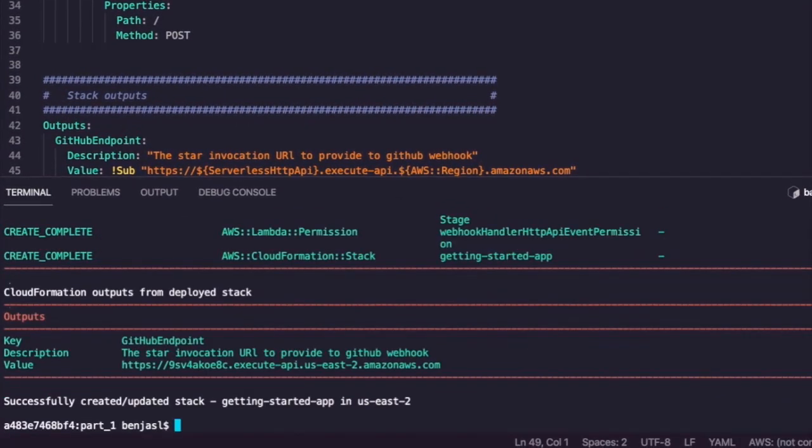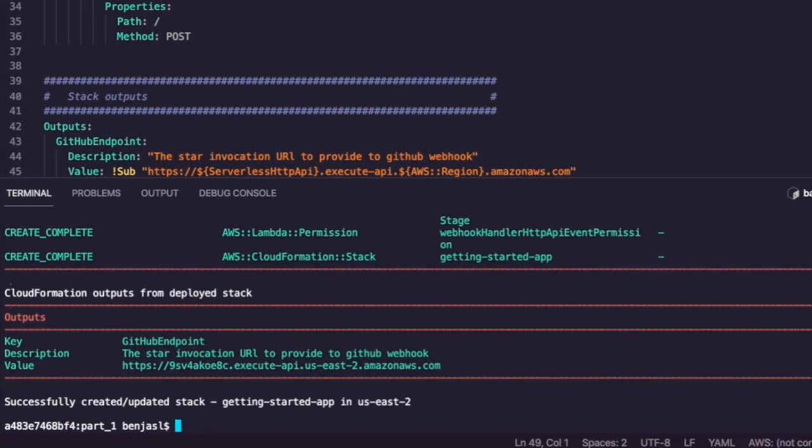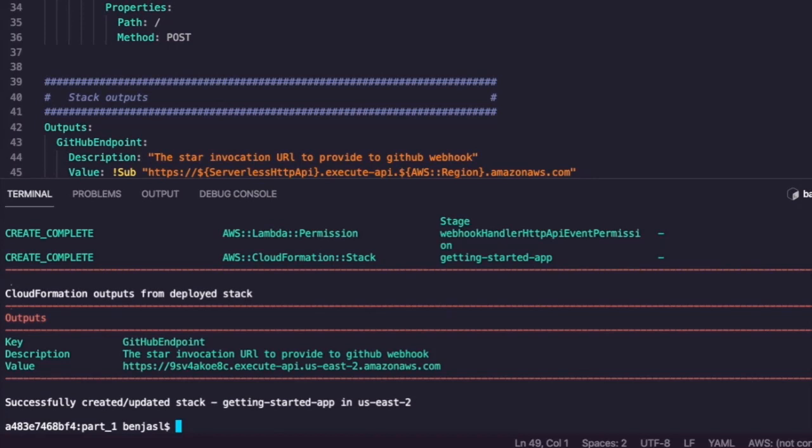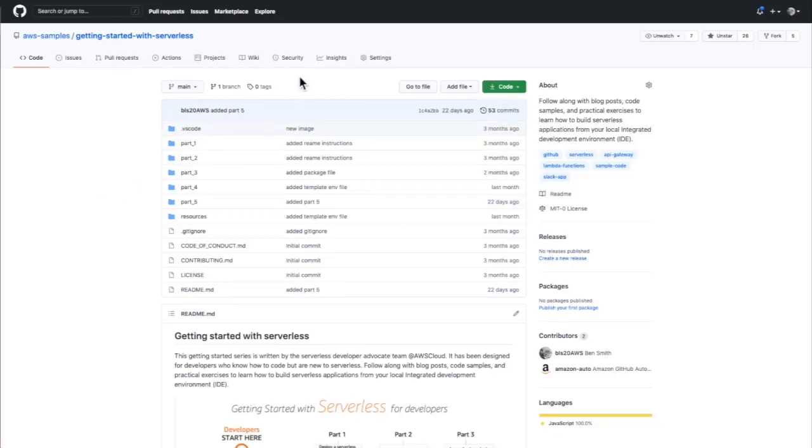So here's the output. In this output you can see it says GitHub endpoint, and this is the API gateway URL which I need to configure GitHub to post to whenever my repository is starred. So I'll show you how I'll set that up in GitHub just now. I'm going to jump back into GitHub here, and I'm going to use the same repository to set up my